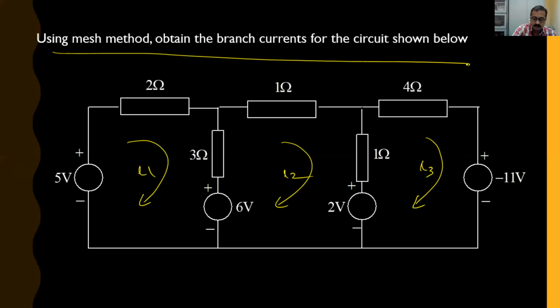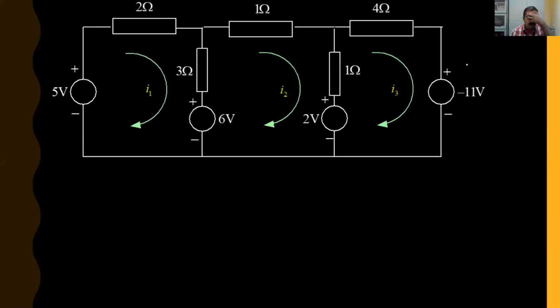Yeah, how can we do this? So these are the loop currents, I1, I2, and I3. So first you have to write the voltage vector. For this assumed current direction, plus 2 minus partial drop: minus 6 plus 5, that means minus 1. Then minus 2 plus 6, 4. Then minus 11, because for this assumed current direction, plus 2 minus partial drop. So minus, what's the magnitude? Minus 11. So minus 11 plus 11.